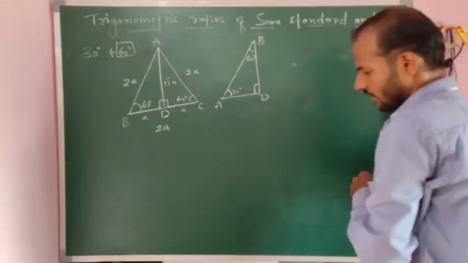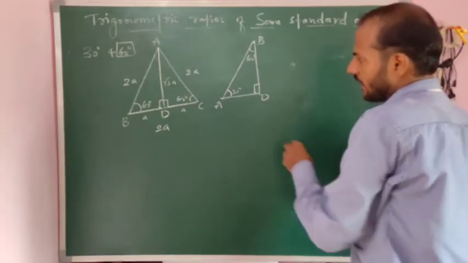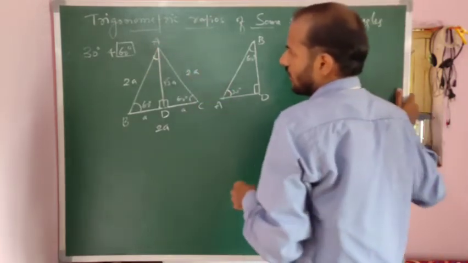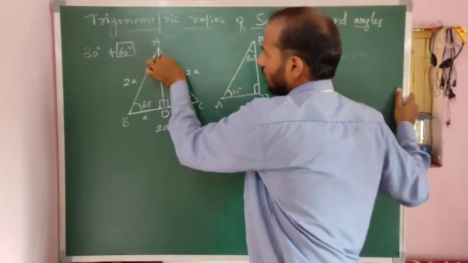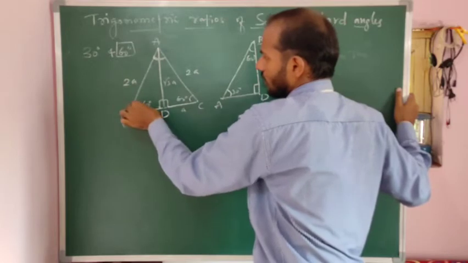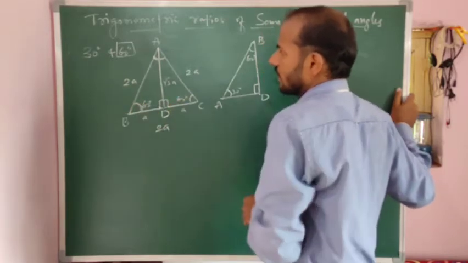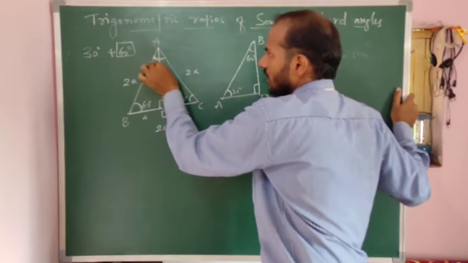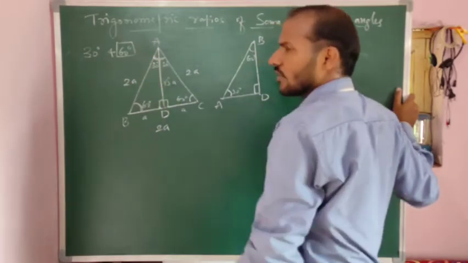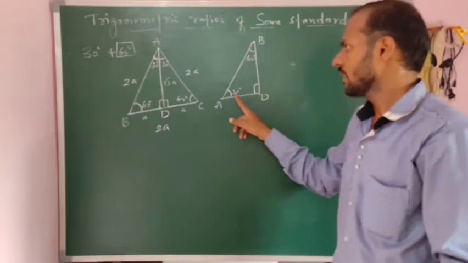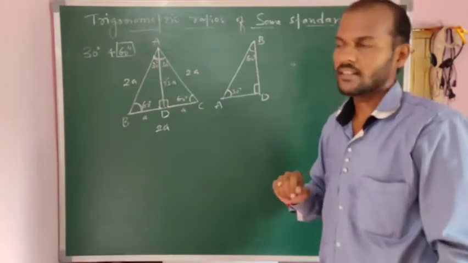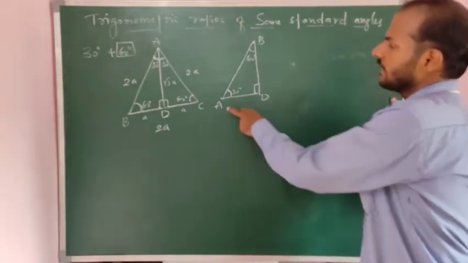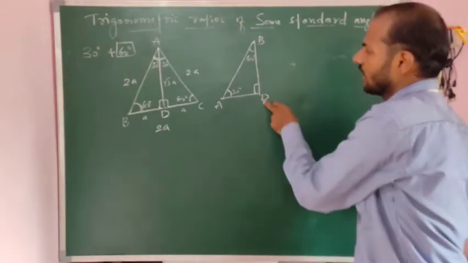That is nothing but your 30 degree. Angle A is 30 degree. We have to find this angle. If the whole angle is 60, bisecting it means each part becomes 30. This one is also 30, right? We have to find angle 30 degree. Next, we find angle 60 degree, right? Now angle A is 30, angle B is 60, and angle D is 90 degree.